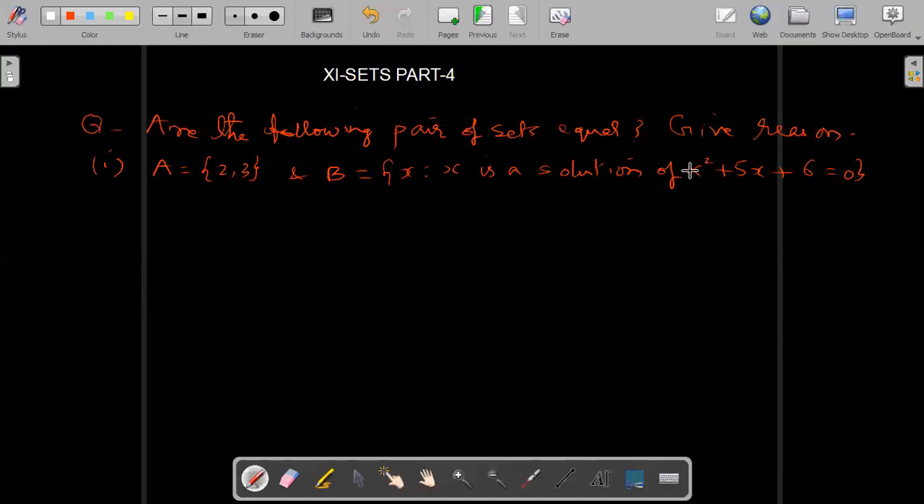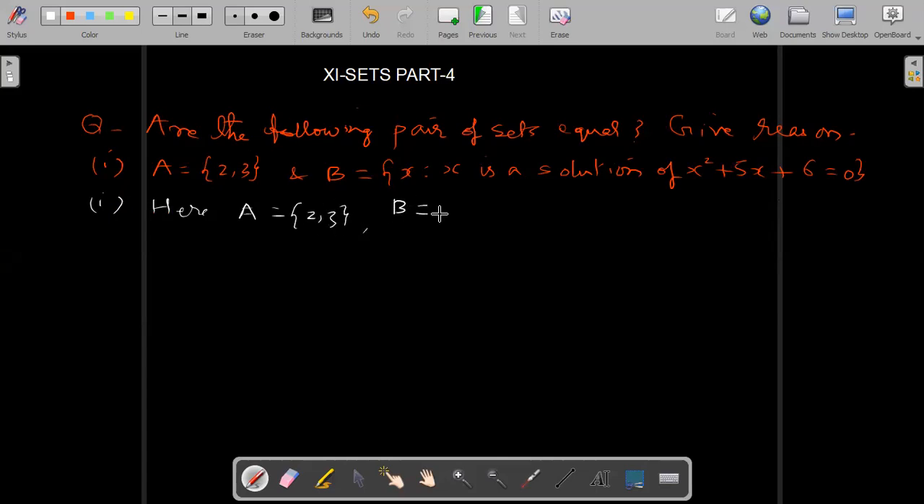Are the following pair of sets equal? Give reason. First question we are taking, then the solution of the first question. Here we have given these two sets. You can write again A is equal to {2, 3},